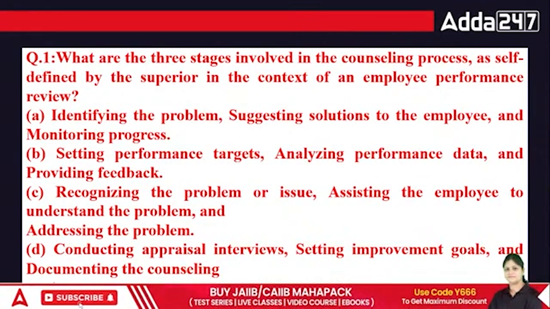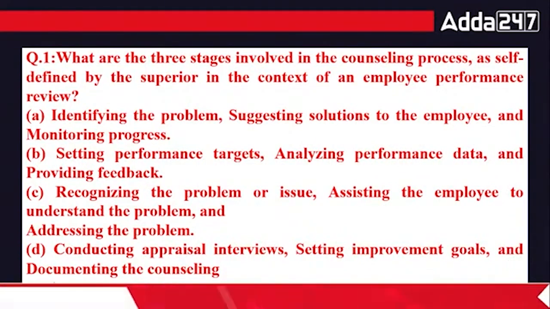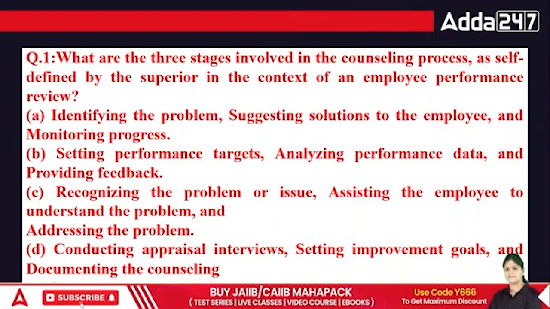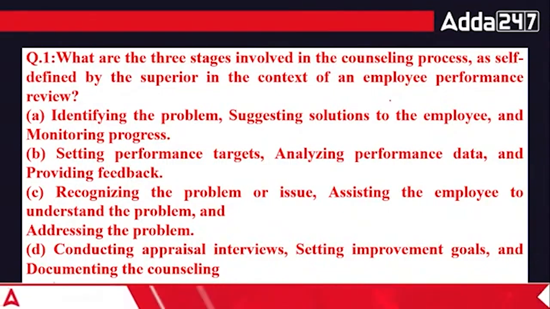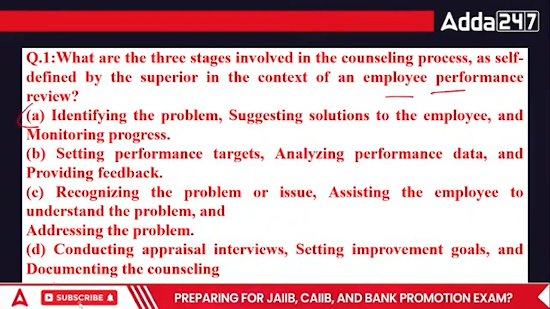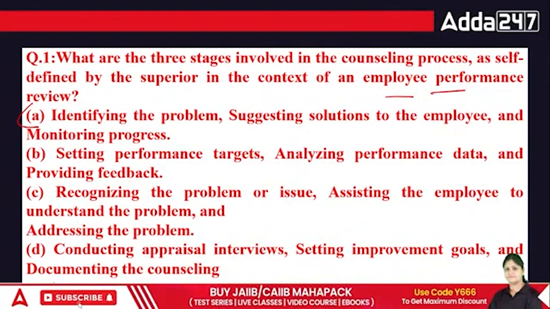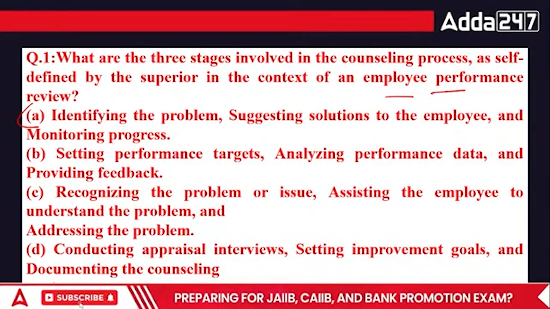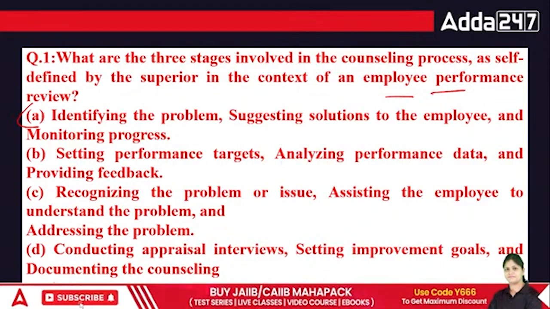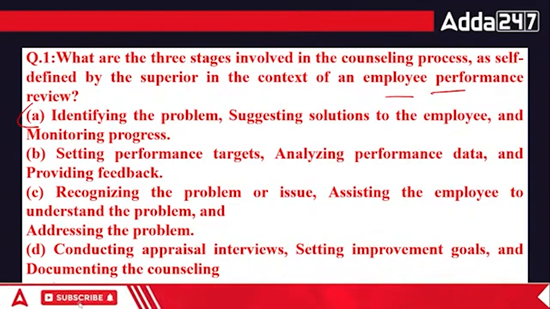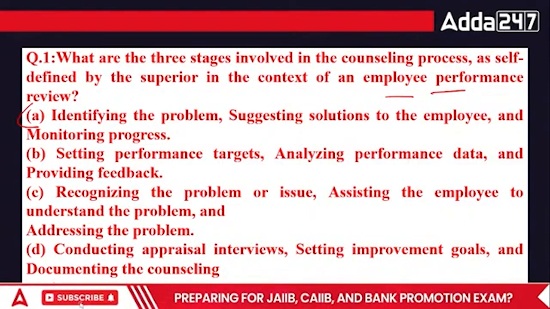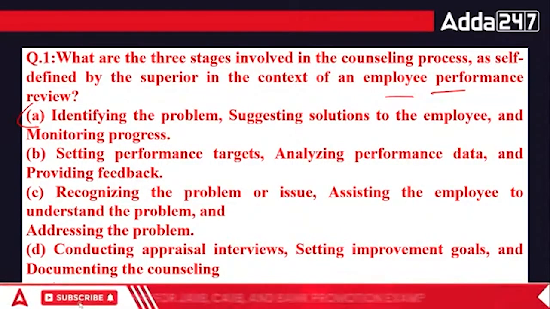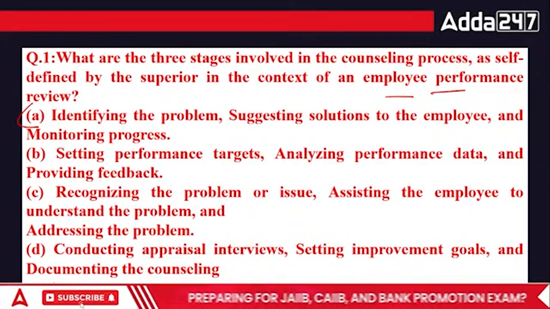ठीक है, यहाँ पे देखिए पहला क्वेश्चन क्या है। What are the 3 stages involved in the counseling process as self-defined by the superior in the context of an employee performance review? ठीक है, ऑप्शन ए क्या है यहाँ पे? आइडेंटिफाइंग द प्रॉब्लम, सजेस्टिंग सॉल्यूशन टू द एम्प्लॉय एंड मॉनिटरिंग द एम्प्लॉय। बी है सेटिंग परफॉर्मेंस टारगेट, एनालाइजिंग परफॉर्मेंस डेटा एंड प्रोवाइडिंग फीडबैक। सी है रिकॉग्नाइजिंग द प्रॉब्लम और इशू, असिस्टिंग द एम्प्लॉय टू अंडरस्टैंड द प्रॉब्लम एंड एड्रेसिंग द प्रॉब्लम। और डी है कंडक्टिंग अप्रेजल इंटरव्यू, सेटिंग इम्प्रूवमेंट गोल एंड डॉक्यूमेंटिंग द काउंसलिंग सेशन।